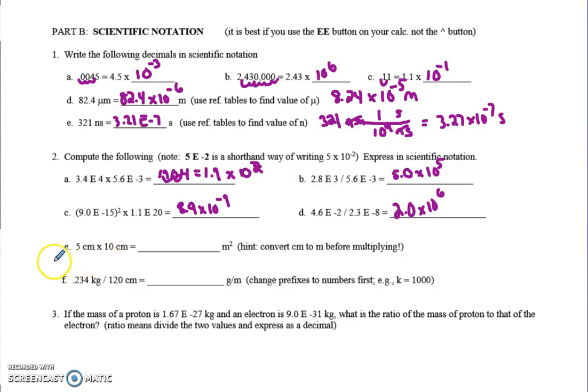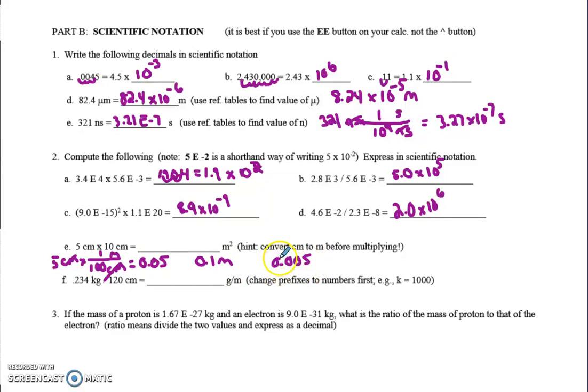then multiply. So I take my 5 centimeters, I set up a conversion just like before, centimeters down below, meters up top, 1 and 100. Centimeters cancel out, and I get 0.05. And I'm going to repeat the same process for 10 centimeters, and you should get 0.1 meters. And then if I multiply these two numbers, I get 0.005,